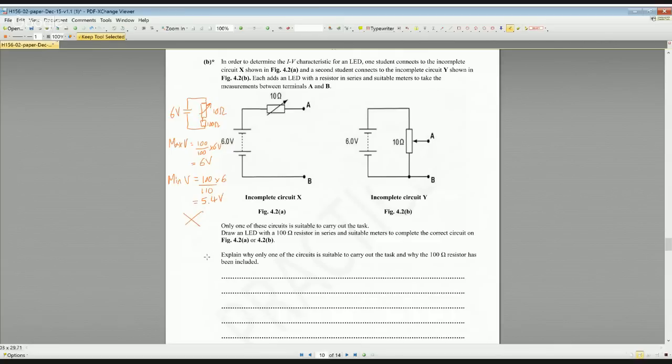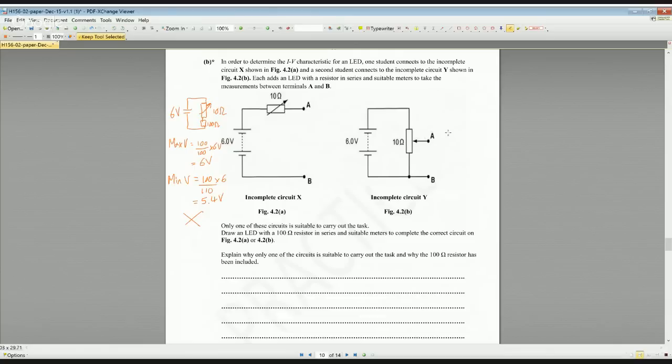Bad thing. Okay, all that you can do with that is vary the resistance across our LED and resistor. All we can do is vary the voltage between 5.4 and 6 volts. That's not what we want. We want one that would allow us to vary a much bigger range. So that is no good. That's why we can't accept circuit